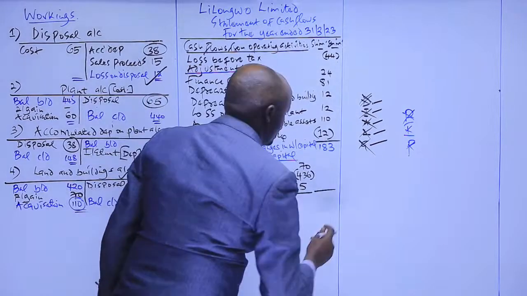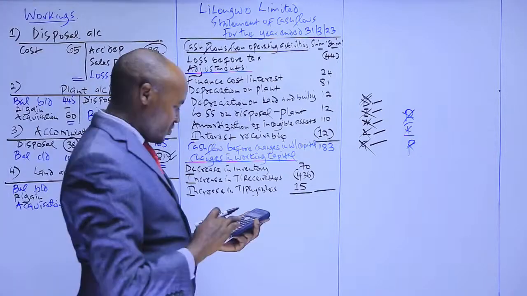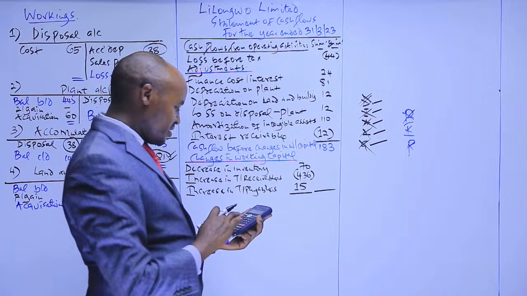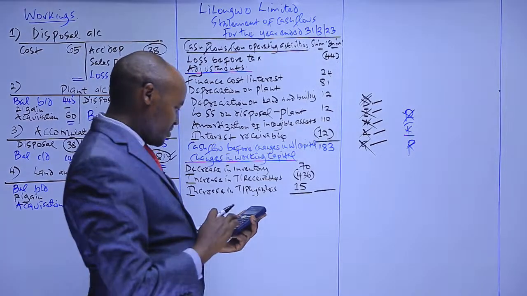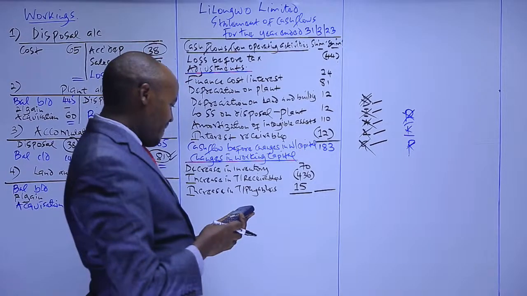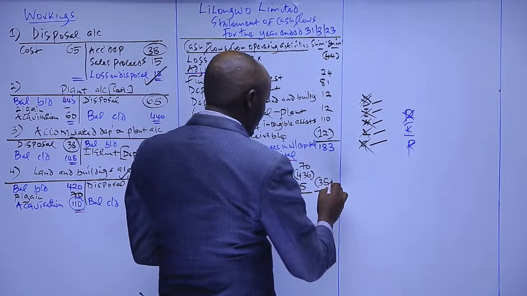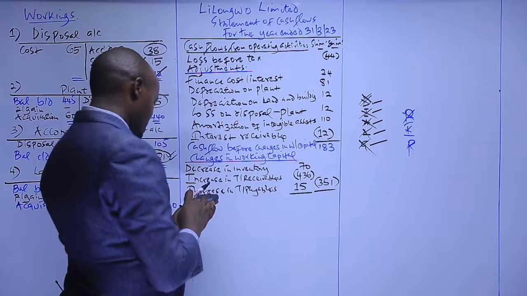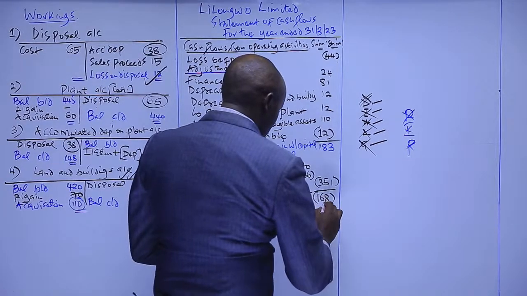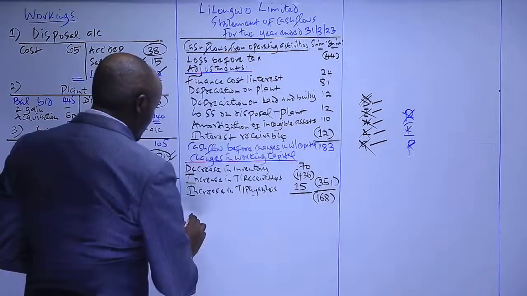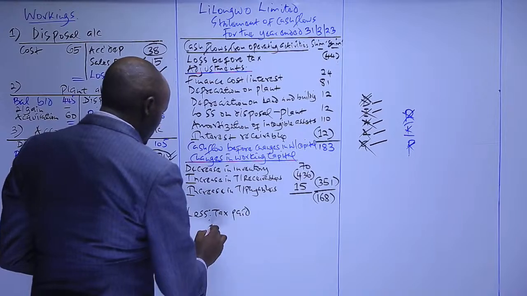Then what we need to do is take the amounts to the last column here. So we have 70 minus 436 plus 15, which will give us negative 351. So we deduct from the figure up there, the figure of 183, which gives 168, and which is a negative. And then to this, from the format I gave you, we deduct the tax paid and also the interest.